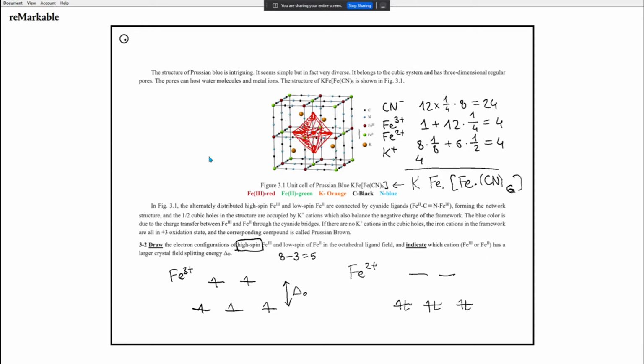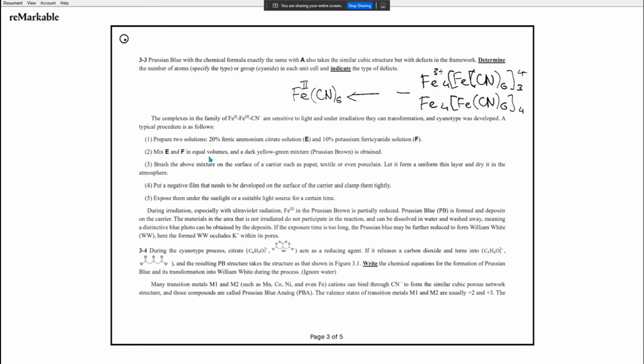Let it look like this. You still have a very stable symmetrical structure. Now that we have just answered that question, we don't need to draw, but we have to identify that this